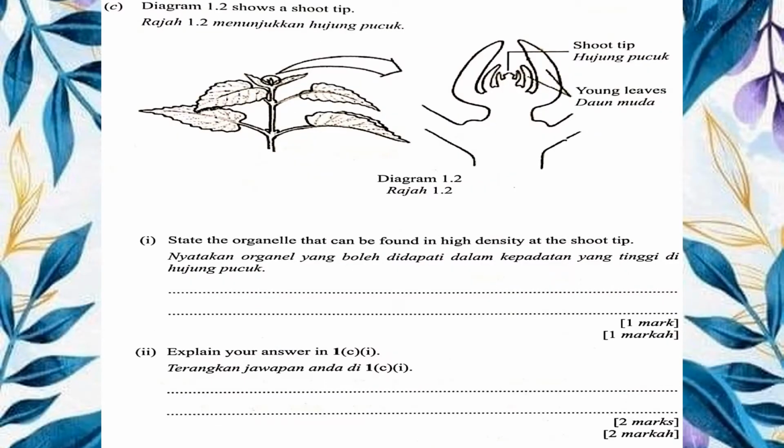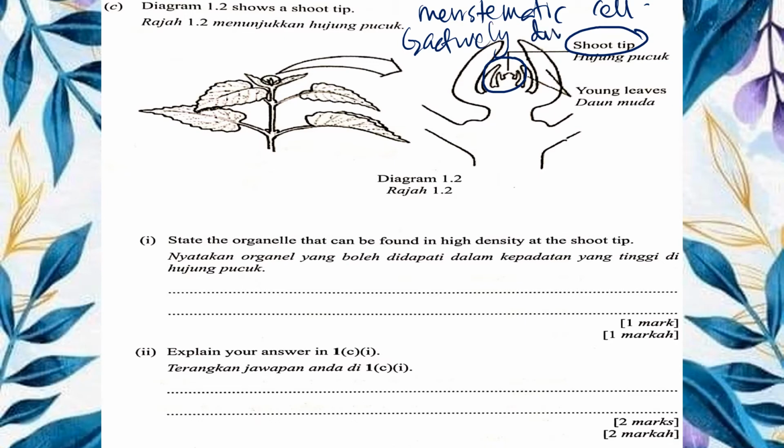Now, we will proceed to the next question. Diagram 1.2 shows a shoot tip. State the organelle that can be found in high density at the shoot tip. In the shoot tip there are specific cells that we call meristematic cells, and these cells actively divide themselves because they stay in the cell division zone. Since their main activity is active division, and this process requires a lot of energy, the answer here is